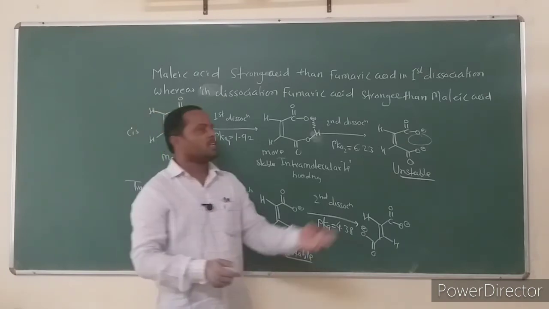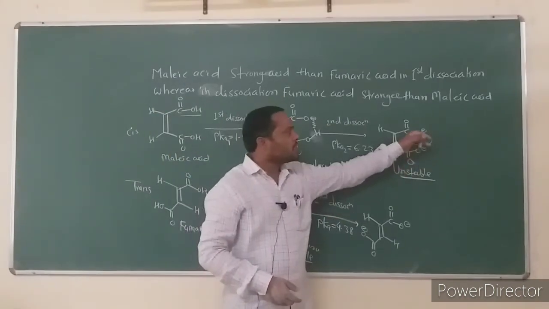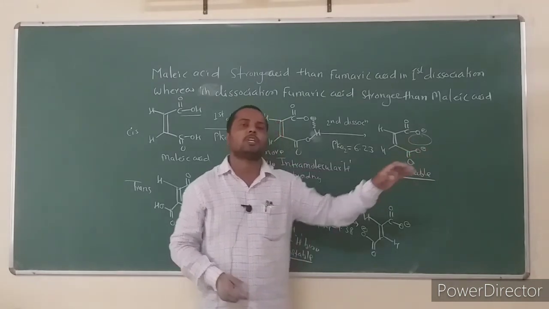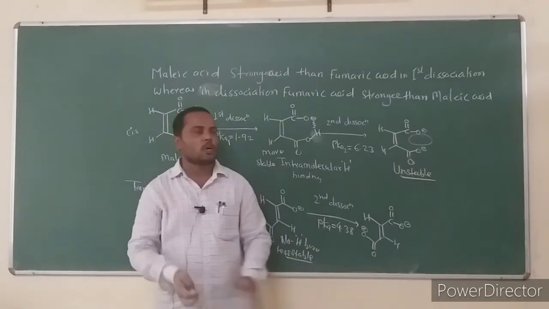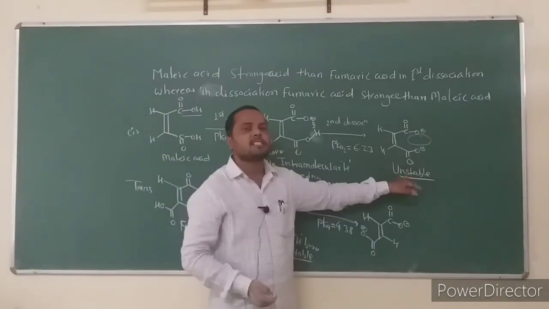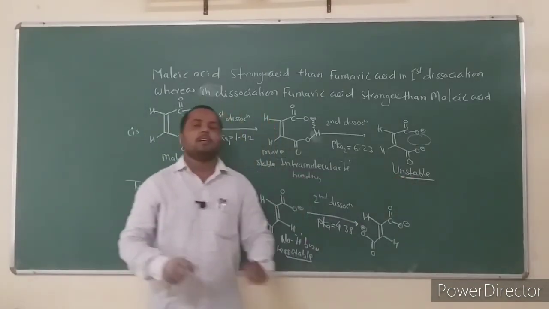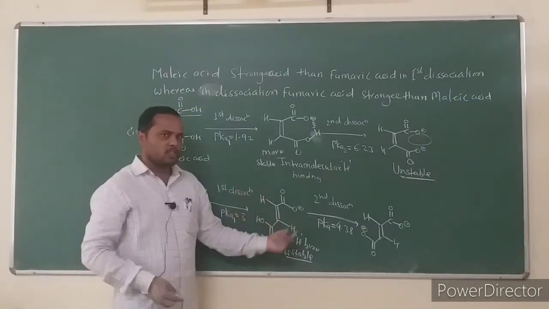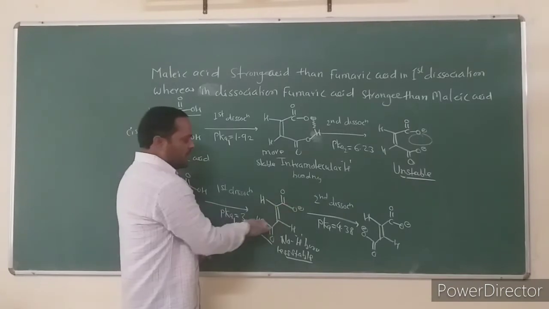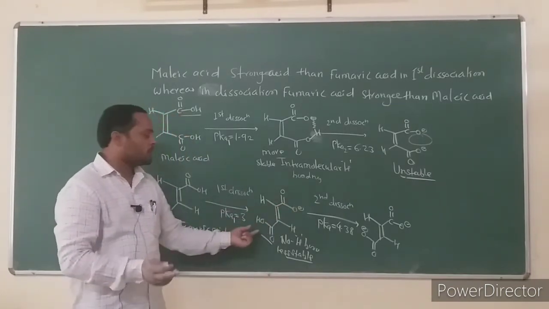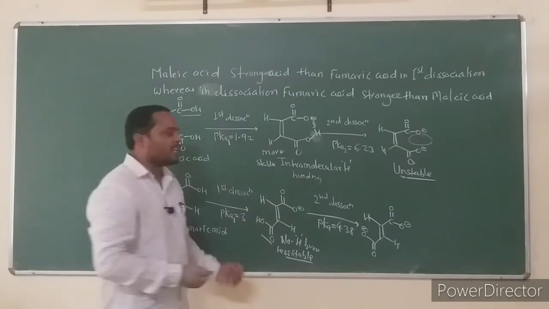If it dissociates, the conjugate base is formed. In this conjugate base, two negatively charged oxygens are close to each other. Then same charge repulsion occurs, and due to this same charge repulsion, the conjugate base is less stable. And due to these two reasons, after the second dissociation, fumaric acid is stronger. In fumaric acid, the carboxylic groups are away from each other, there is no intramolecular hydrogen bonding, and its dissociation takes place easily.